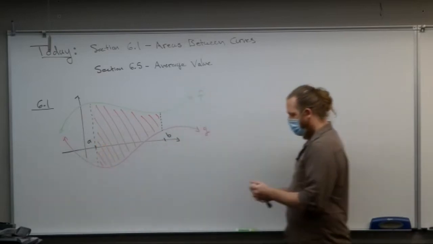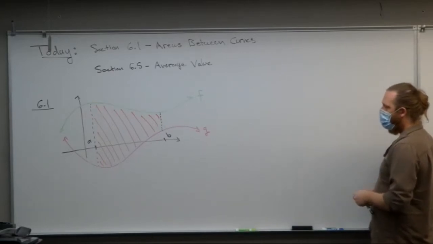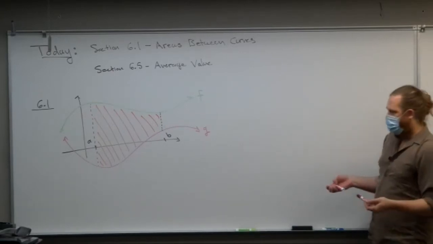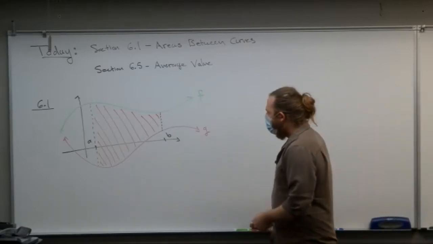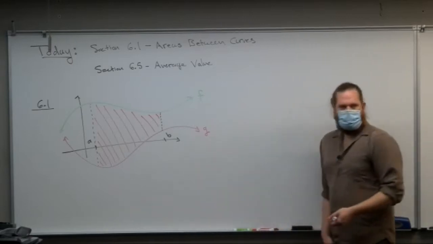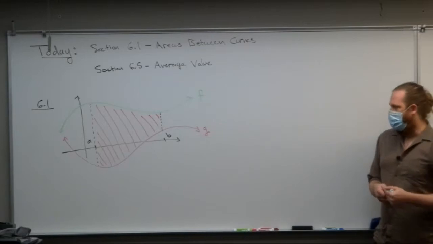So can I find this area that is bounded between the green function f and the pink function g? Naturally, the answer is yes. The question is how. You can think of it in terms of Riemann sums. So when I want to describe kind of the proto-integral, the thing you're going to integrate, or the thing that